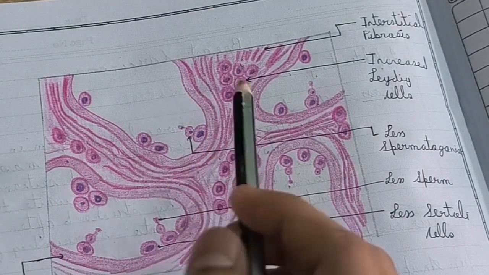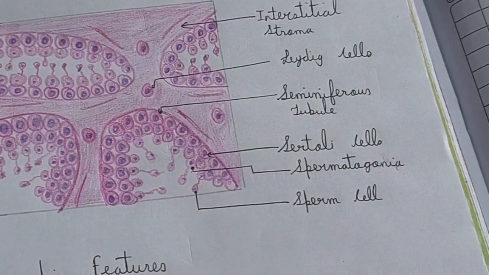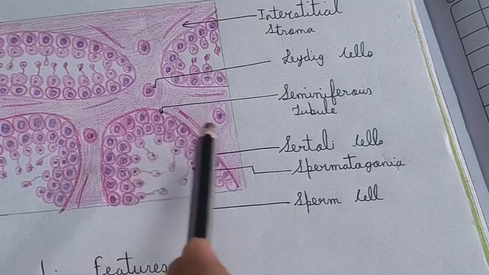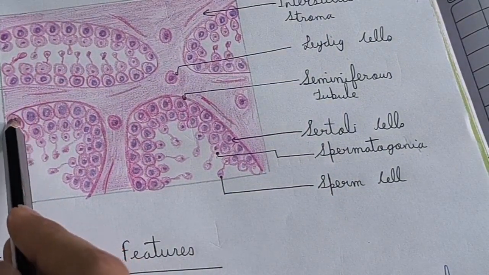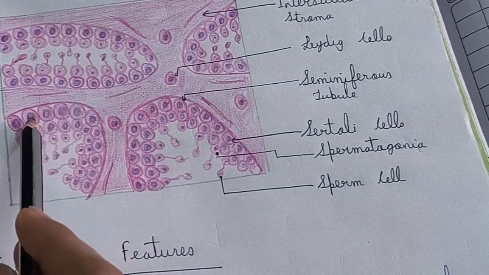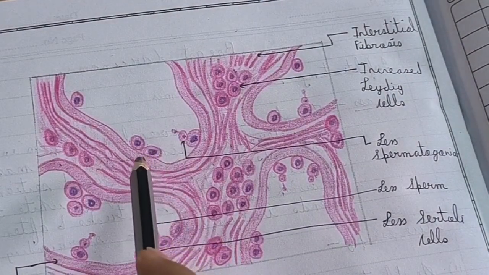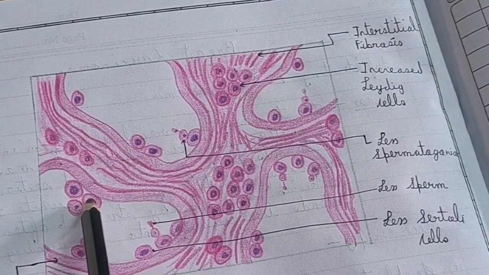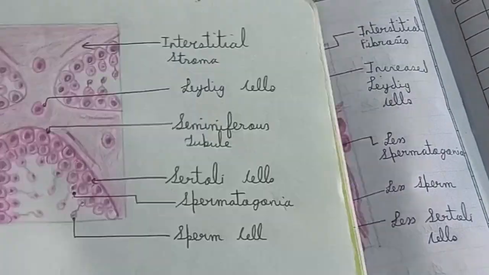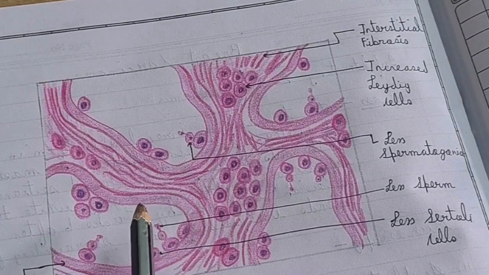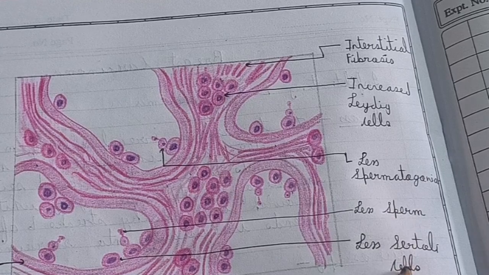Now again see that in the seminiferous tubules, as compared to normal histophysiology, the number of germ cells, that is spermatogonia, and Sertoli cells is reduced. In the normal histophysiology the number of spermatogonia and Sertoli cells is very high. But in the case of cryptorchidism, the number of Sertoli cells and spermatogonia has been reduced. So here simply you can compare. Therefore the next point is a decrease in the number of spermatogonia and Sertoli cells.